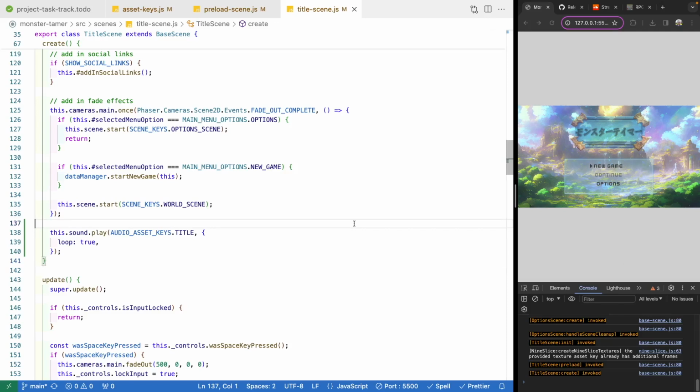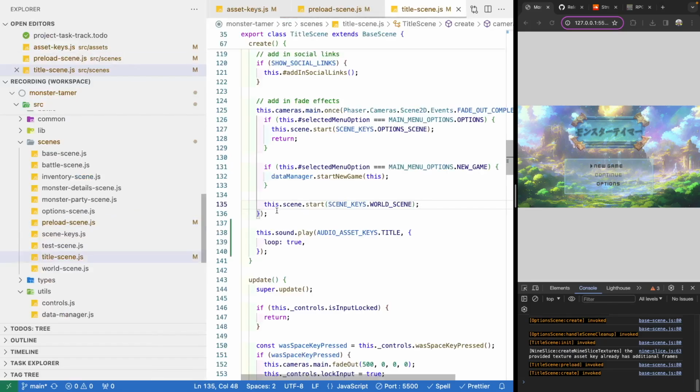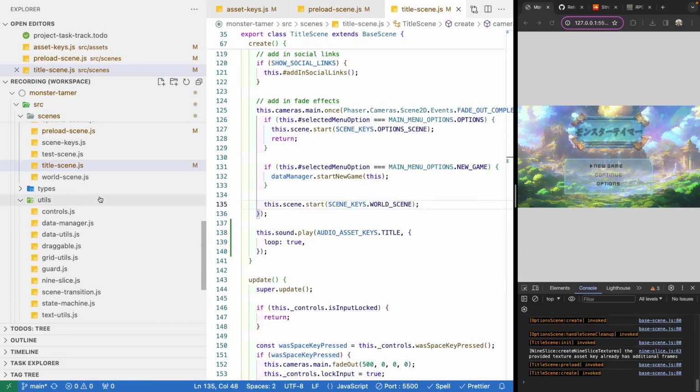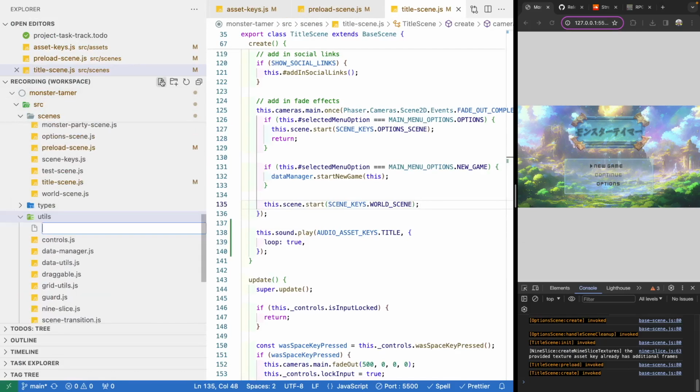So let's do this. We're going to make a new utility file to place all of this code. That way we don't need to do this in each of our various Phaser scenes. Instead, we'll have one abstract method that will do all this for us. So we'll come into our source folder, and under our utils subfolder, let's make a new file. We're just going to call this audio utils